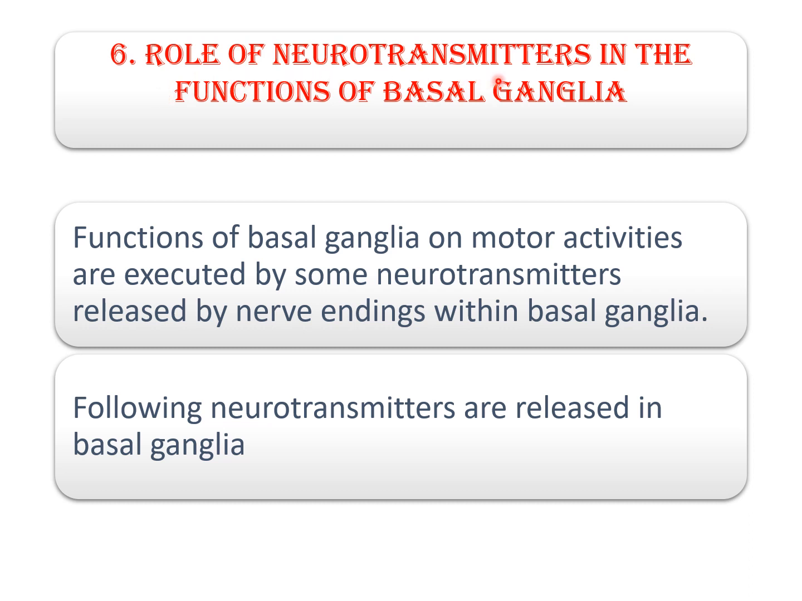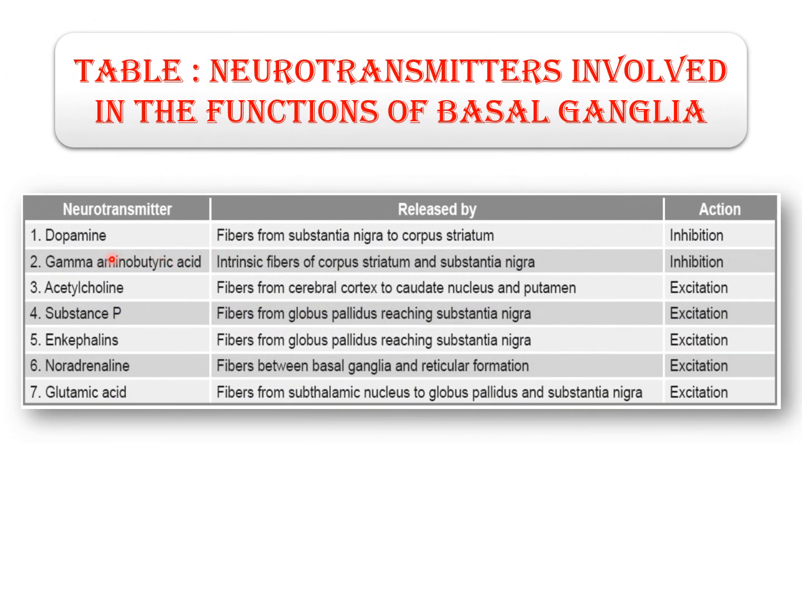Role of the neurotransmitters in the functions of basal ganglia. The functions of the basal ganglia on motor activities are executed by some neurotransmitters released by nerve endings within the basal ganglia. The neurotransmitters released in the basal ganglia are dopamine, gamma aminobutyric acid, acetylcholine, substance P, enkephalins, noradrenaline and glutamic acid, and we will see where they are released and